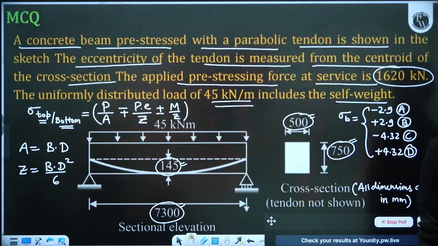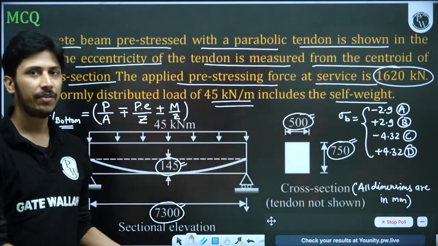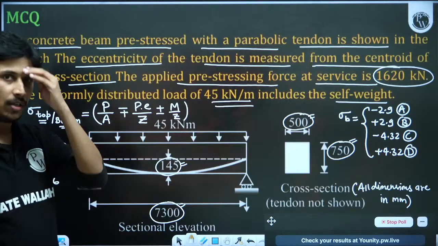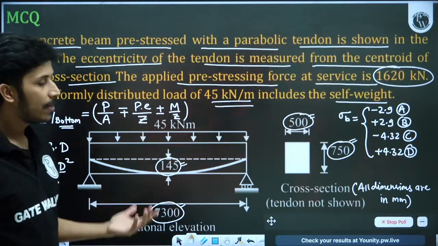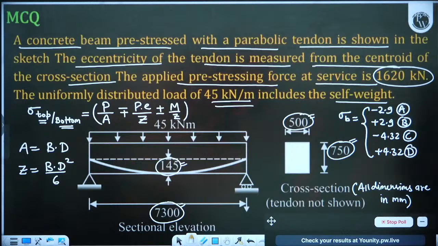Don't see the answer from the books, because you will not crack GATE if you have seen the answer and you are giving the answer quickly. If you are solving by your own, then you are giving the answer. So be honest. Otherwise God is watching, and you will not be able to crack the GATE if you are being dishonest here, because that will be paid off in the GATE exam, and that will be paid off only by you. So don't be dishonest. Just solve this and then give the answer.